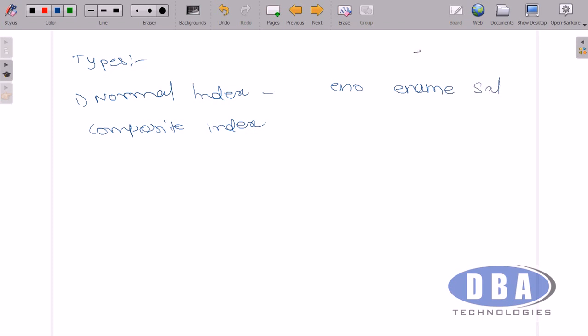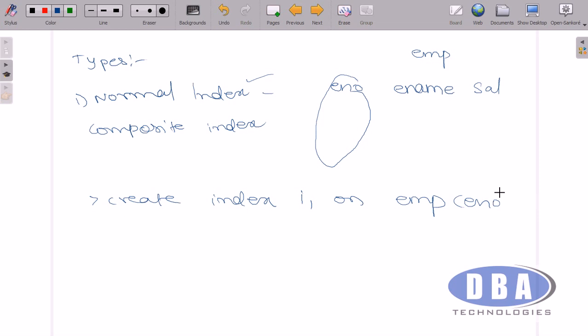For example, there is an employee table. In that, the e number column is there. On a particular column, an index is created called a normal index. How to create? Create index name on employee table's e number column.